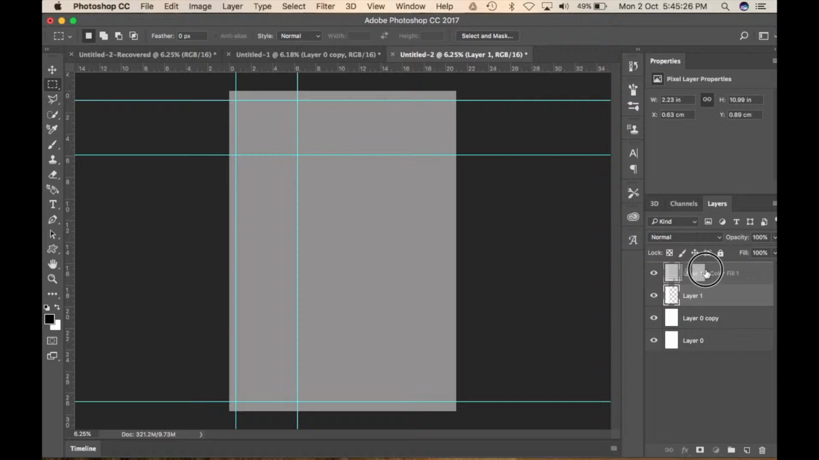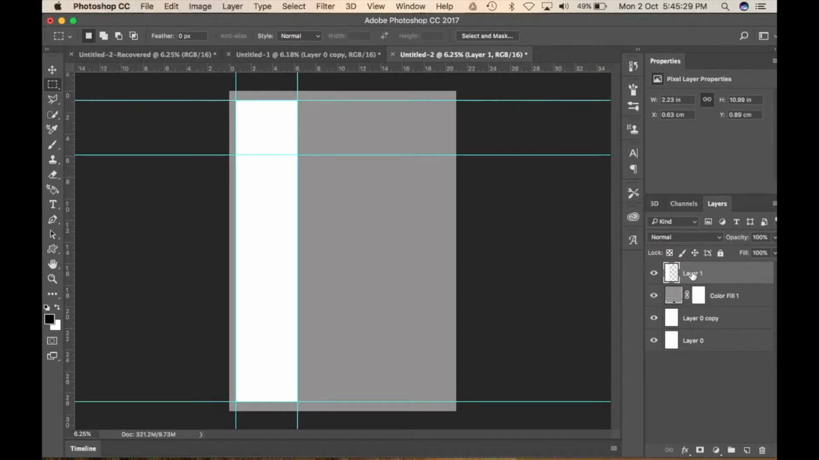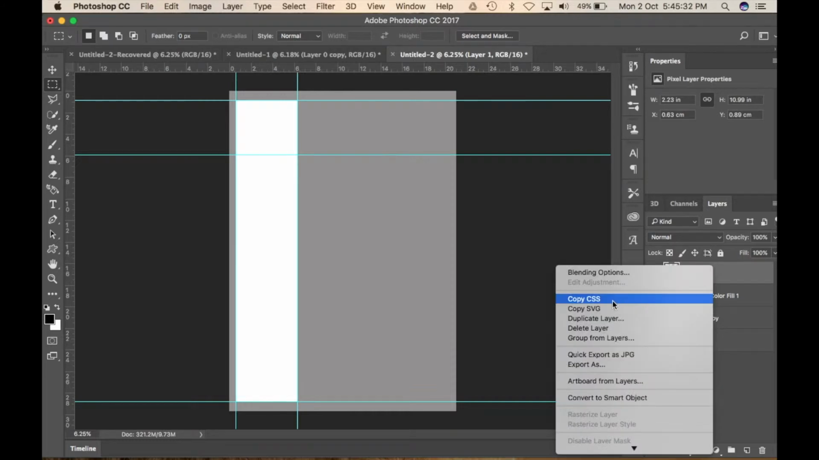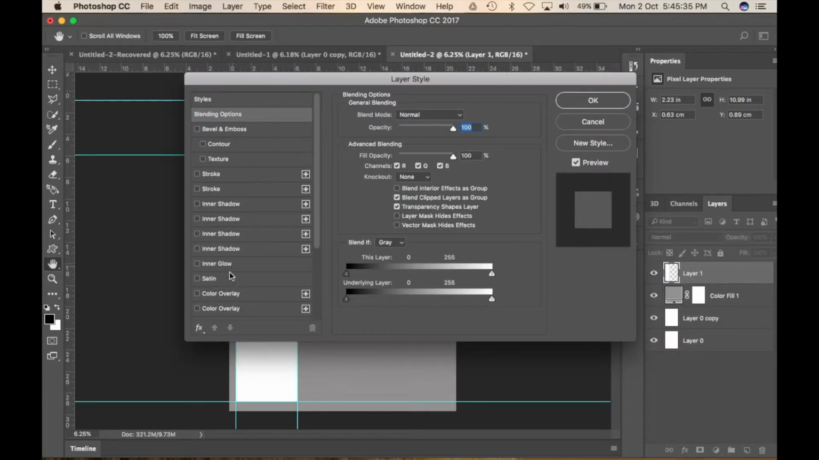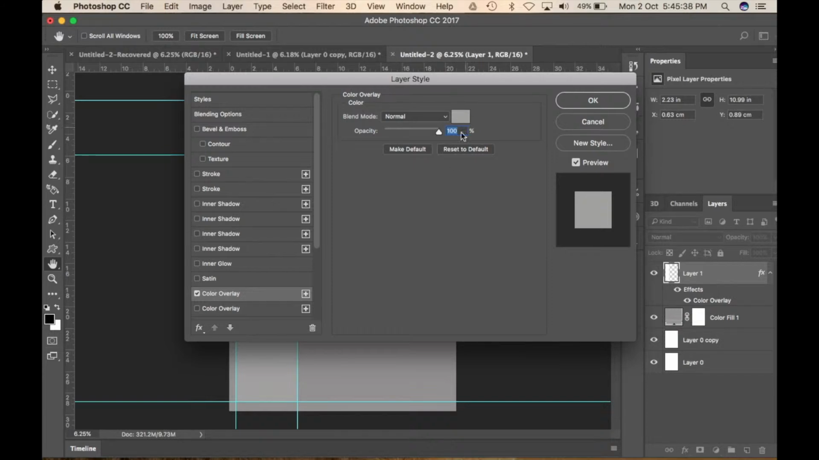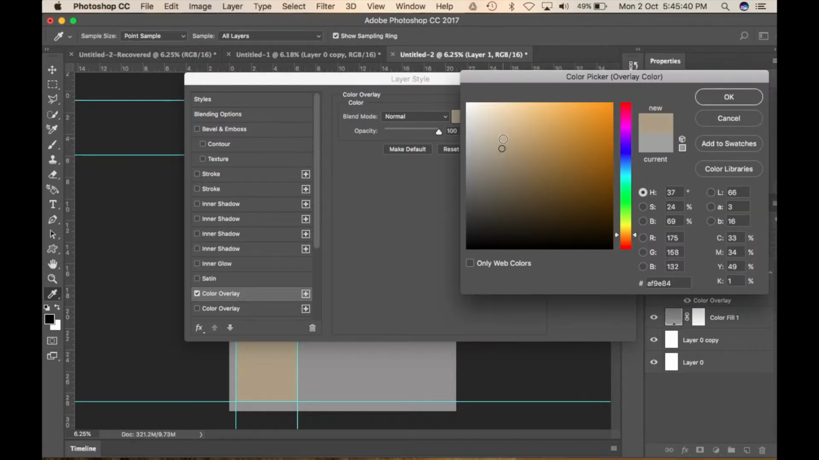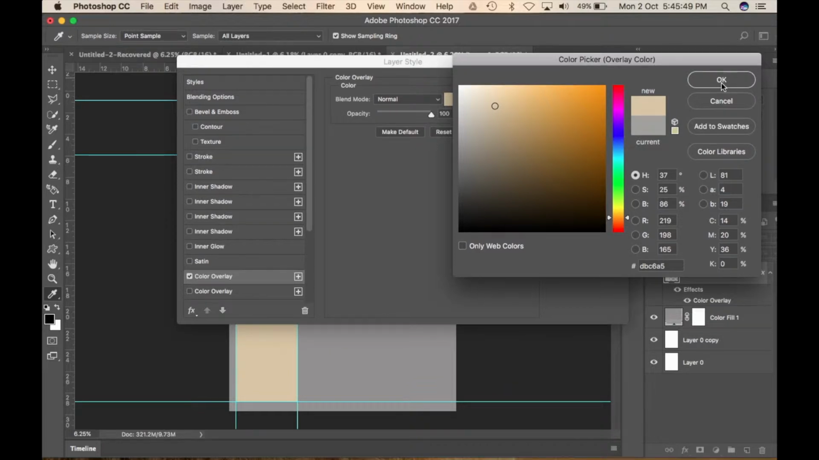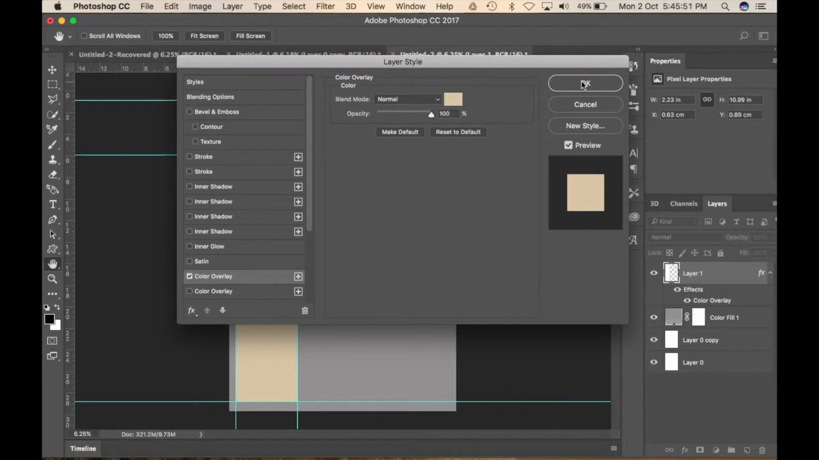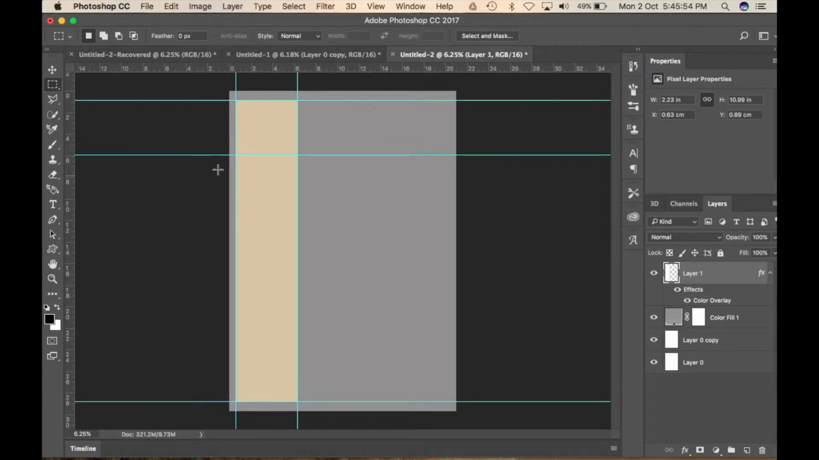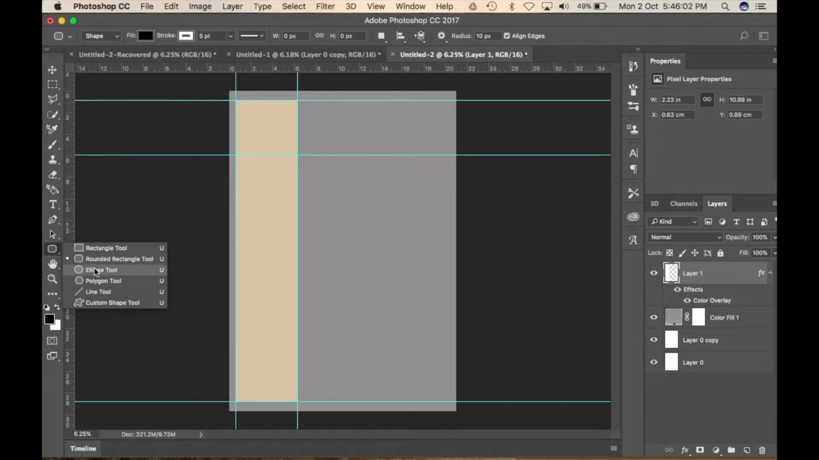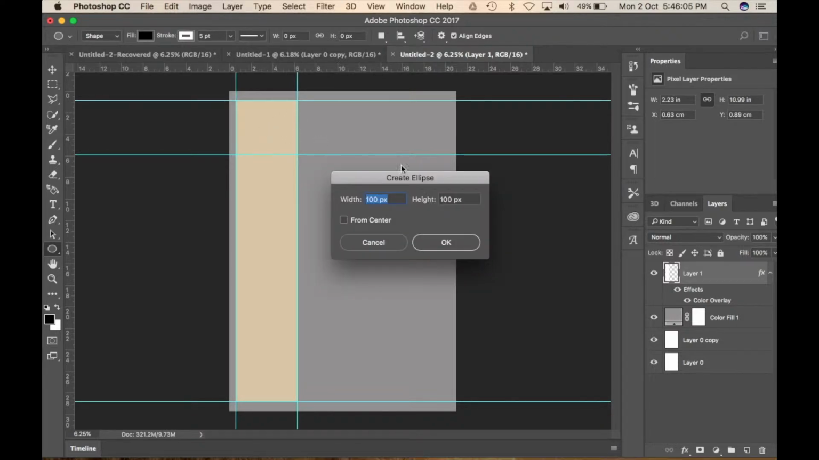So once we have layer by copy, we will get it up. So here we would select this layer and go to blending options, and then we would select color overlay, and we would take a light peachish kind of color, maybe a light color which would suit here. Okay, so once we have this, then later on we can first take a shape of a circle, ellipse tool, and maybe